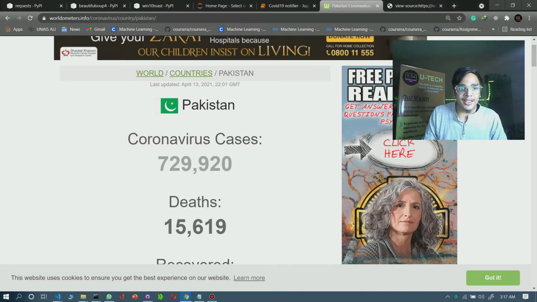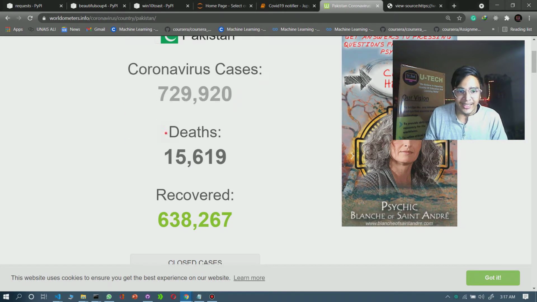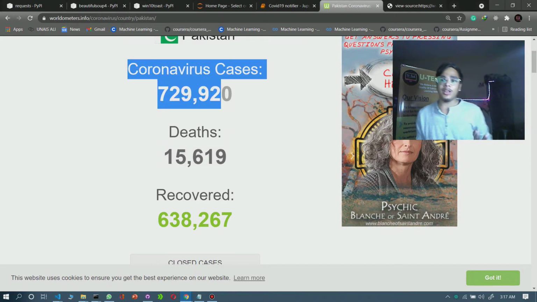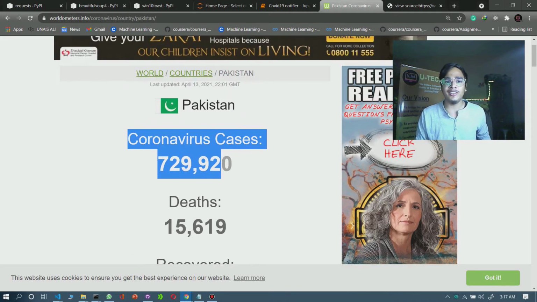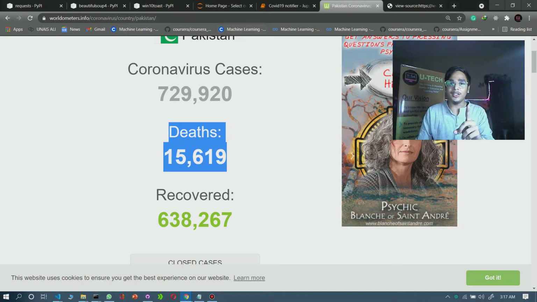If you see, the COVID-19 cases are here and deaths are here. It means that the coronavirus cases index is 0, because it comes in first position, and the deaths index is 1, because it's coming after the cases.